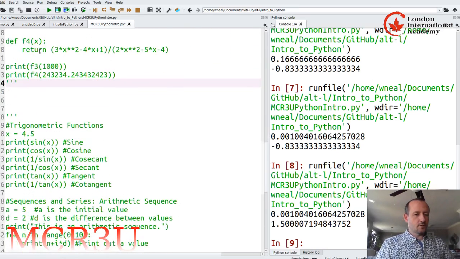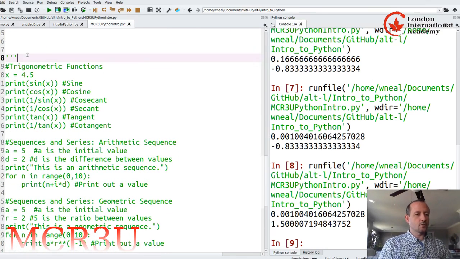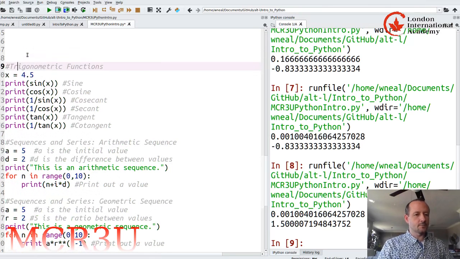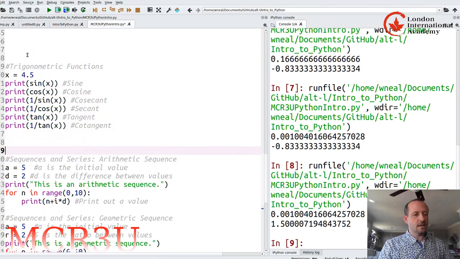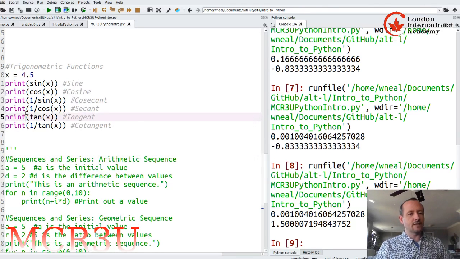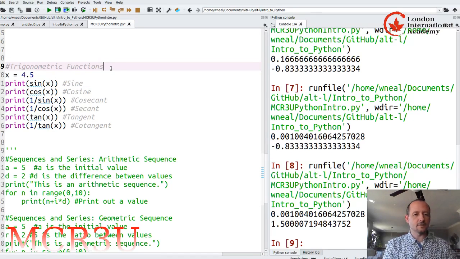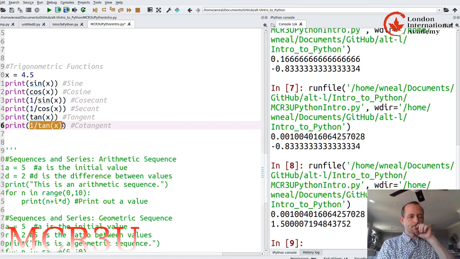And now we'll go on to a new unit. We're just previewing the whole course. And here we have some trigonometric functions. And yesterday in our course preview activity, we talked about all of these. Here's the sine, the cosine, and the tangent. And each of them has a reciprocal function. So we have the three basic ones, sine, cosine, and tangent. And then the three reciprocals, cosecant is 1 over sine, secant is 1 over cosine, and cotangent is 1 over tangent. And so I just put a value of x, 4.5, and it's going to print out for me 6